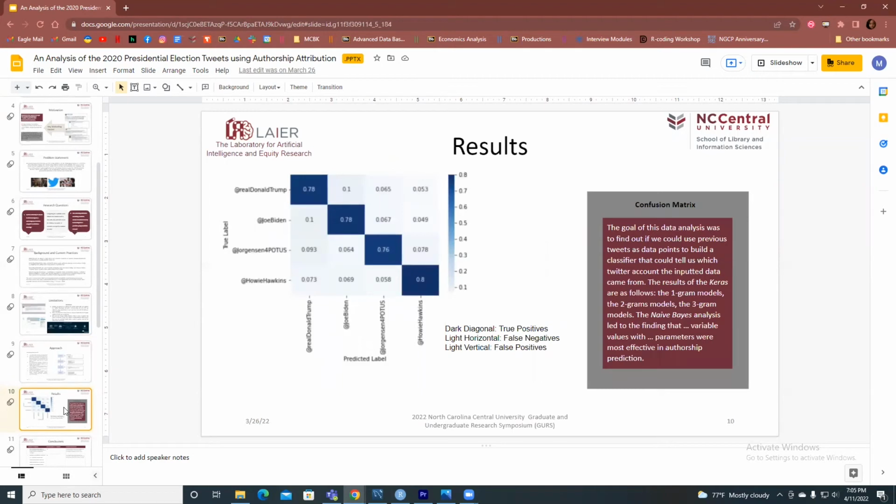So this was our result. We wanted to have something that we could actually look at to positively say this tweet came from this account, so we had a confusion matrix. When you're looking at a confusion matrix, you're looking for a true positive, and that's going to be shown in the dark blue at the diagonal. You're trying to get as close to a 1 as you possibly can, so we had to run it consistently over and over again, like we're doing a training model, so that it gets better at recognizing someone's writing style. So we did get pretty close, we got to a 0.78.